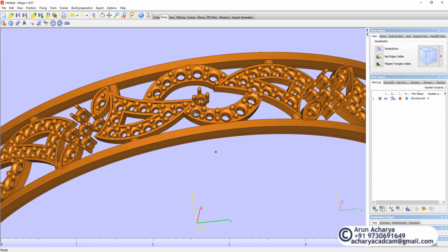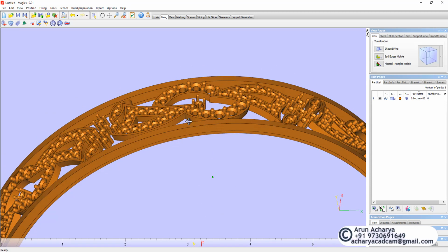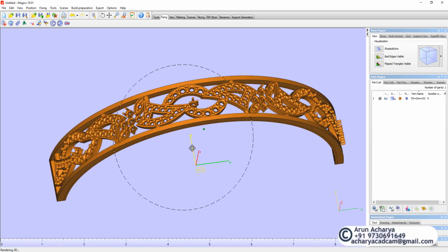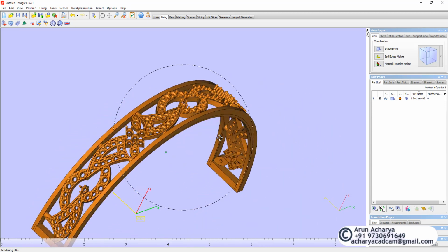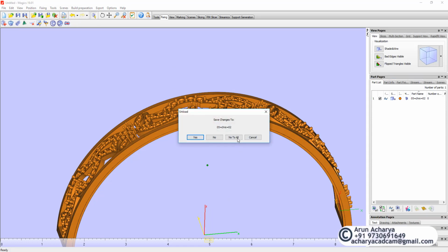Today we're going to see how to fix the STL files which we usually export from Rhino or Matrix, and how we actually union them. So here's a file I already imported, and in case you don't know how to import it, I'll show you